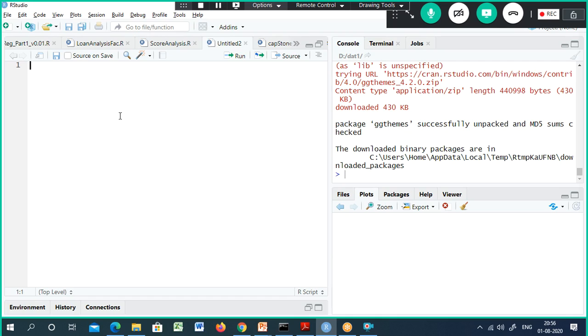Using these we can do any kind of data manipulation or data aggregation, or perform any kind of data slicing or subsetting. You can do it with dplyr with much ease, and the performance is much faster compared to the traditional base functions.